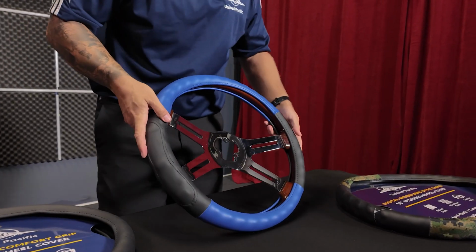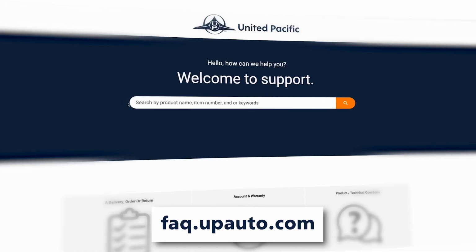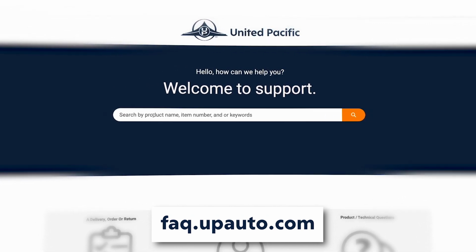Whether you're looking to protect your steering wheel or refresh its appearance, our covers are designed for easy installation and lasting satisfaction. If you need assistance, support is available at